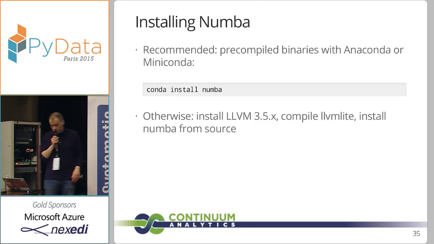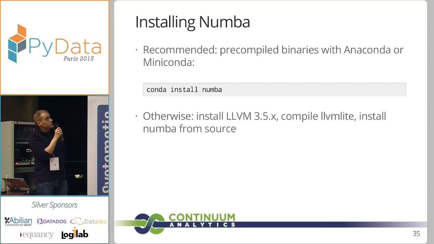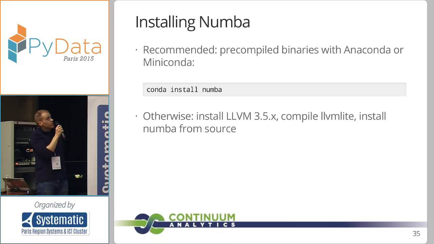So how do you install Numba? We recommend that you use Conda. Conda is the package manager developed by Continuum Analytics. It's open source, and it's available in two forms. You can either download the whole distribution, which is named Anaconda, which comes with all the binary packages, or there is something called Miniconda, which only installs the Conda package manager itself, and then when you install something, it downloads it from the internet. So if you have Conda on your machine, you just write conda install numba, and it works on Linux, Windows, OS X.